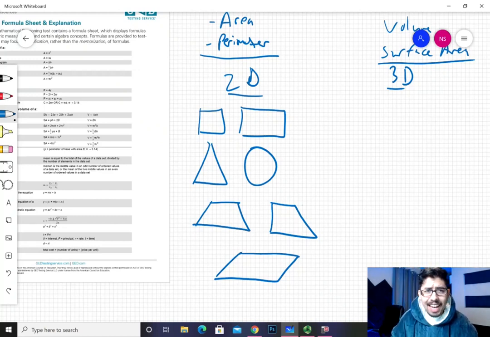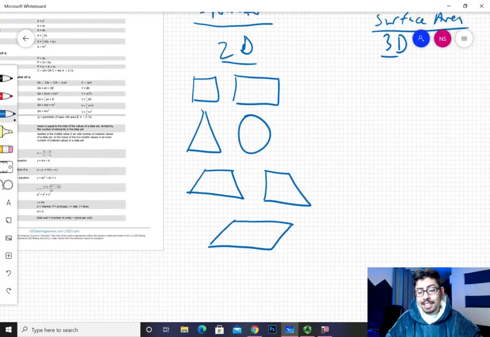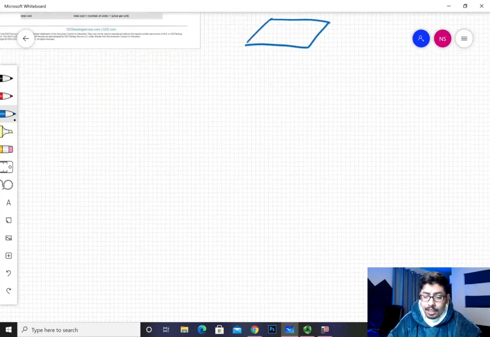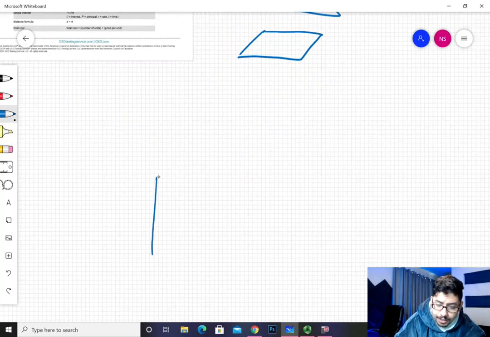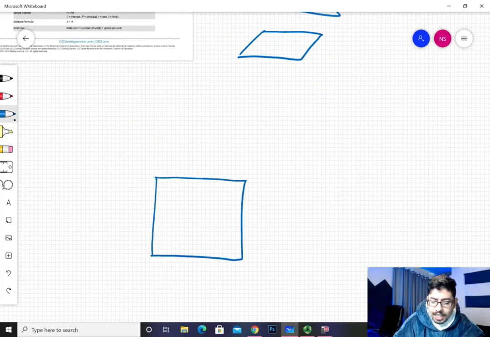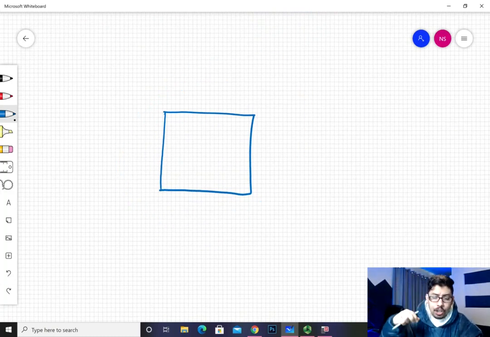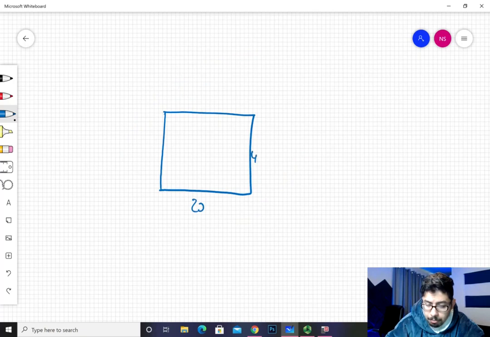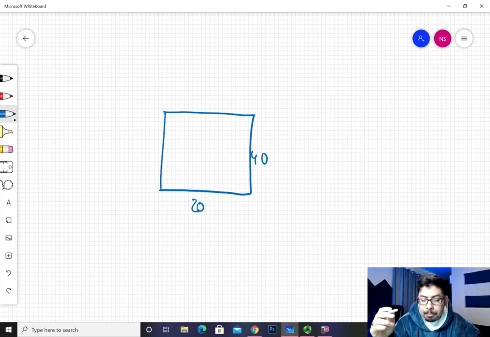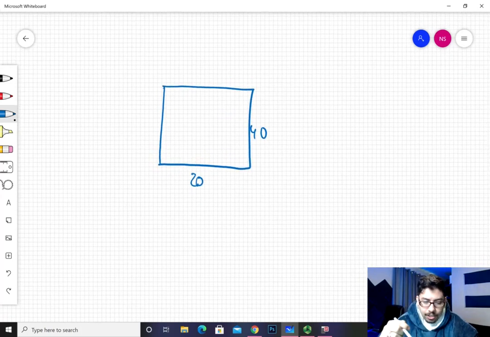You'd be lucky actually if they ask it to you like that. Most likely they'll ask it in a word problem. Now, that's the second lesson of the day. How is it going to sound in the GED? If they were to give you this right here, let's say they say this is an aerial view of Neil's yard, and it measures 20 feet by 40 feet, even though it doesn't look that big of a difference. It looks like a square, but they give you this, and they say this is Neil's yardage, 20 feet, 40 feet. And then they ask, Neil's trying to look for